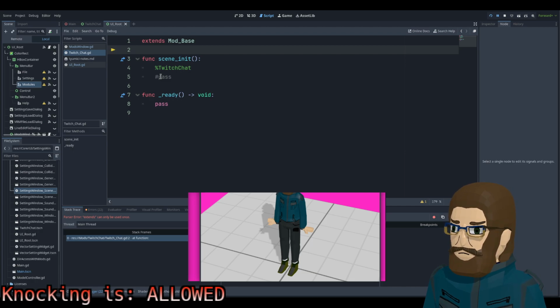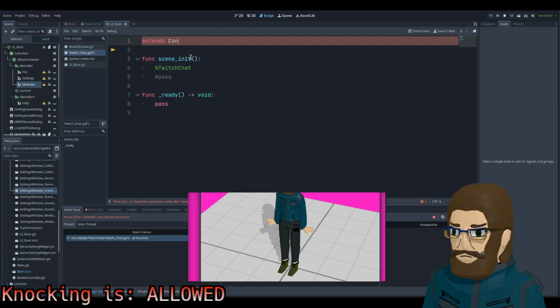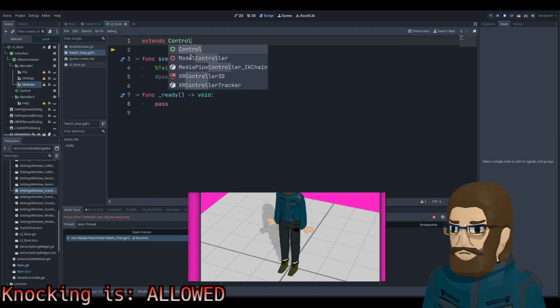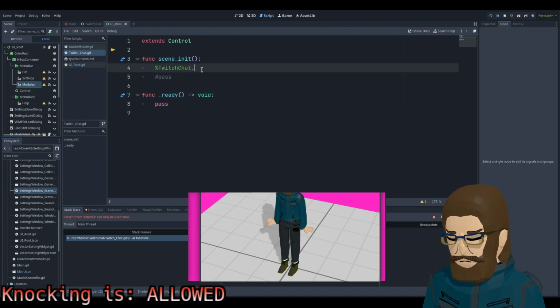How would we do this? Well, maybe. In the test case, we don't actually care about any of the things necessarily. So if we extend control on it, can we then get this?